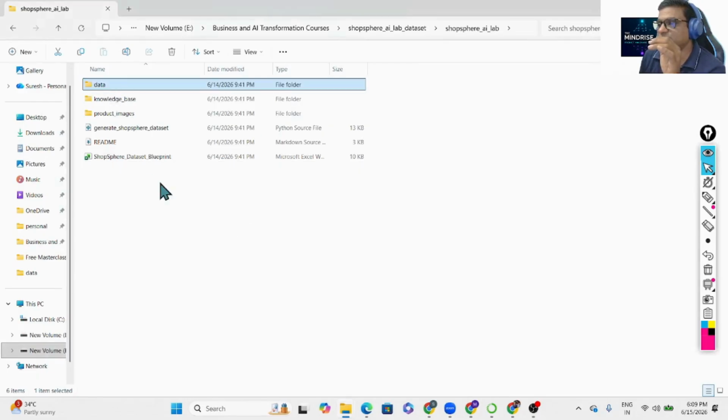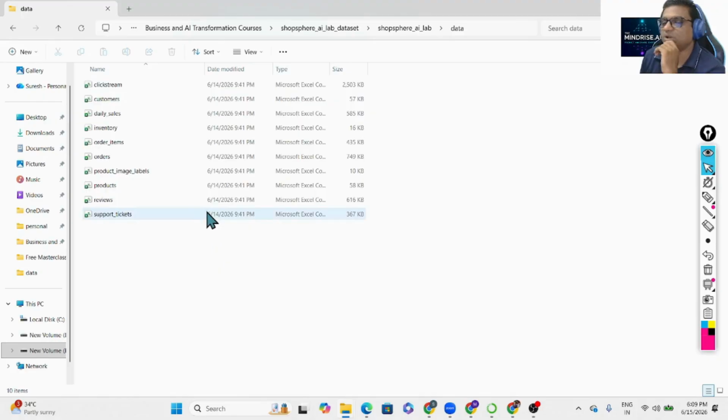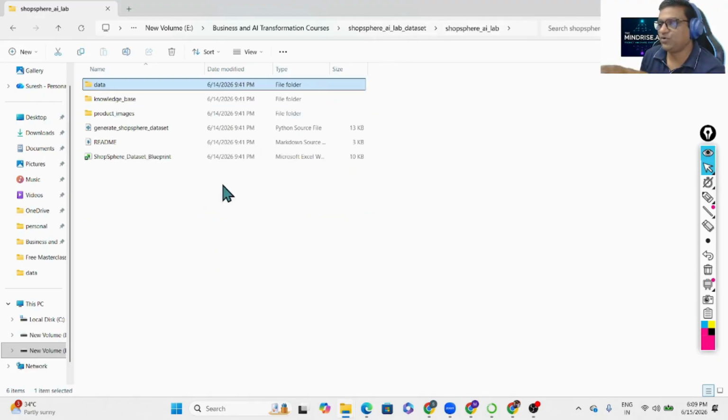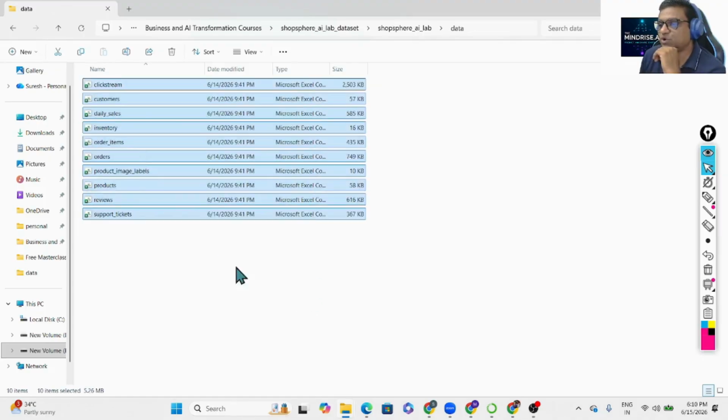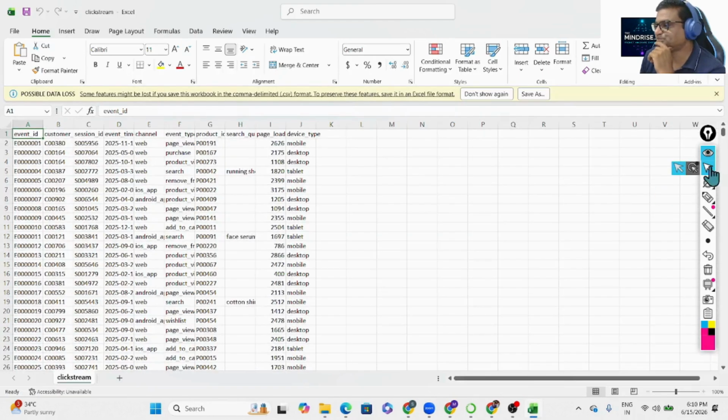Now, if I come to this folder, you see here, knowledge base, product images and everything. So data folder. First, let's discuss the data folder for this exercise. The remaining I'll discuss whenever we need those data sets or folder information. So the data set, all these tables, whatever we just discussed, you have here. If you open clickstream data,